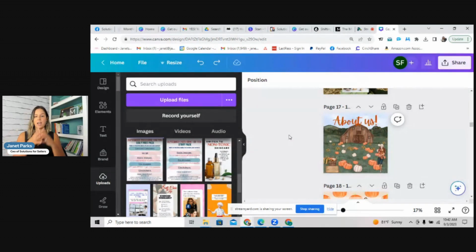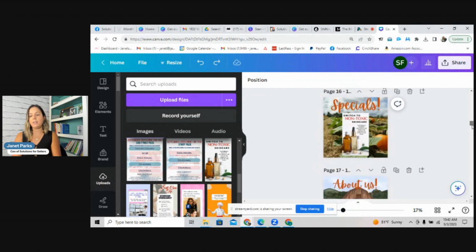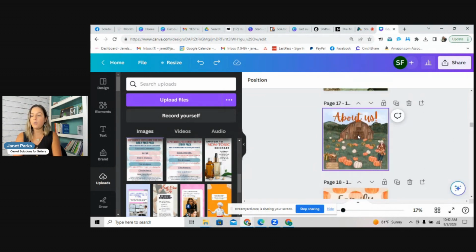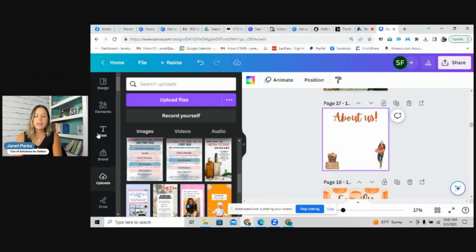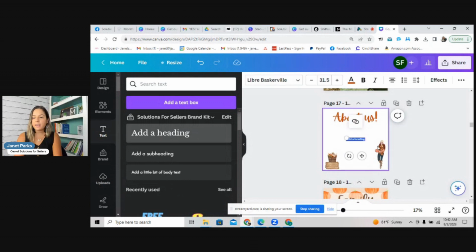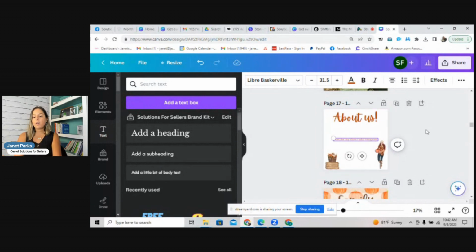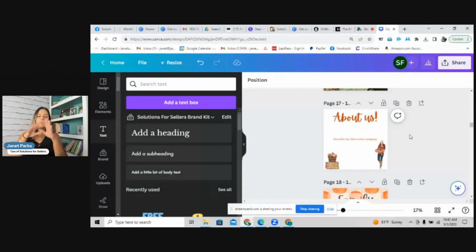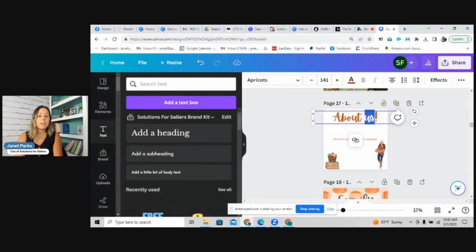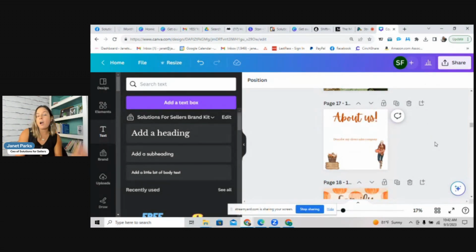Now, if you're a non-CinchShare user, now that you've saved your graphics, here's where you can start personalizing. So I added my product to the specials, right? Let's say I wanted to delete this image here, and instead I'm going to hit the text option, add a heading, and describe my direct sales company right there. I'm going to put my description of 31, the staple products, and the backstory of the company. Maybe I want to change this 'about us' to 'about my company,' or 'about 31,' or 'about Pampered Chef.' I can just personalize that if I want to.